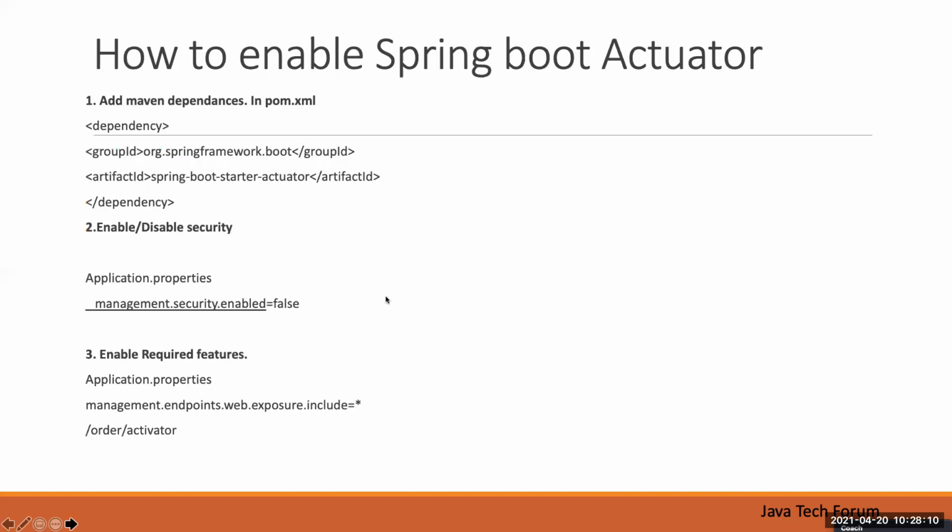Now we'll see how to enable this feature in your existing Spring Boot application or new Spring Boot applications. This is very simple. Just like how we add the other Spring Boot modules, we can add the dependency for this Spring Boot Actuator. They have a starter project for this Spring Boot Actuator module. Just add this starter project. It will be configured by default. Everything is inbuilt, so just one dependency will configure everything.